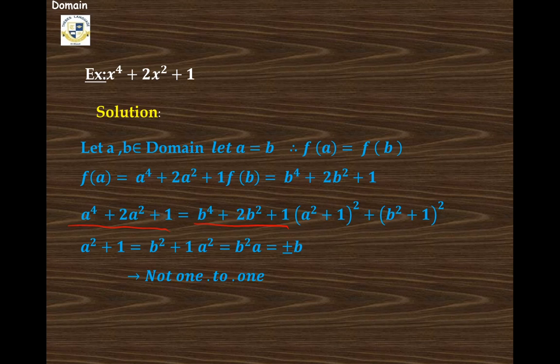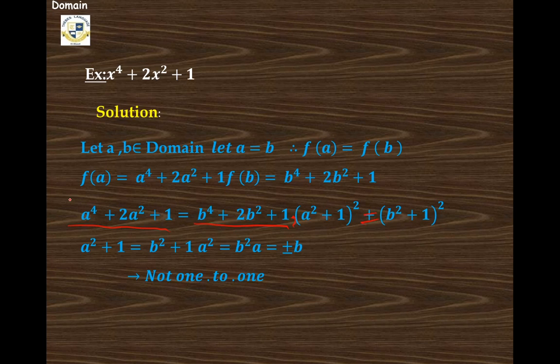Here I'll try to simplify both expressions. I'll factorize the first expression as a perfect square trinomial. It will be a squared plus 1 all raised to power 2 equals b squared plus 1 all raised to